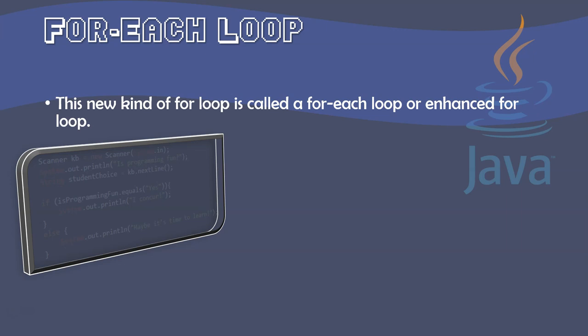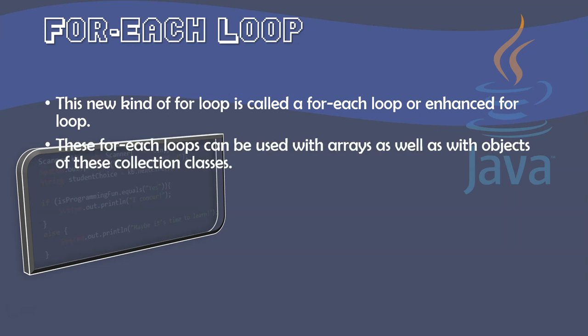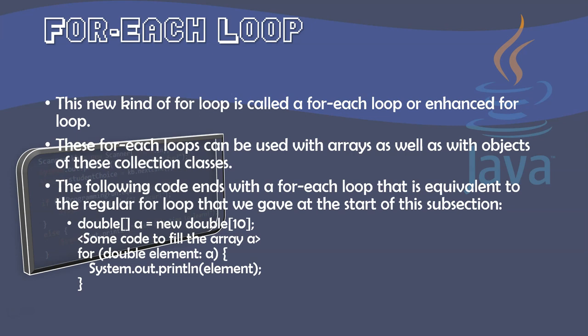This new kind of loop is known as a for each loop, or sometimes you'll hear it referred to as an enhanced for loop. These for each loops can be used with arrays as well as with objects of collection classes. Since we now have a good understanding of how to use arrays, it's a good time to introduce these for each loops so we start getting familiar with them. The following code contains a for each loop equivalent to the regular for loop we just saw earlier. We have double[] a = new double[10]; for (double element : a) System.out.println(element);